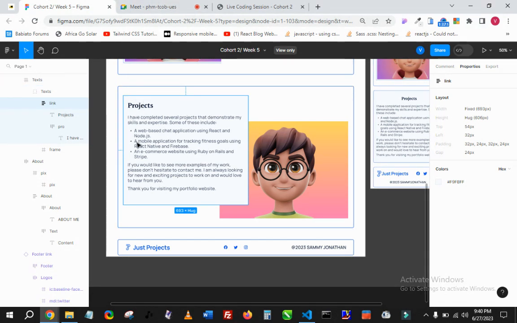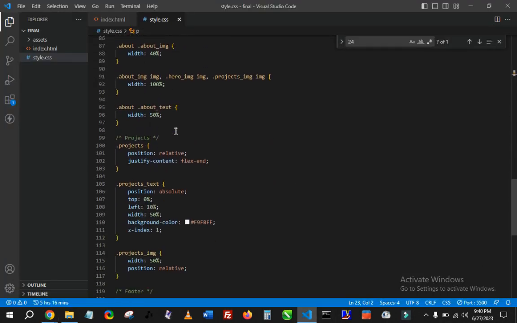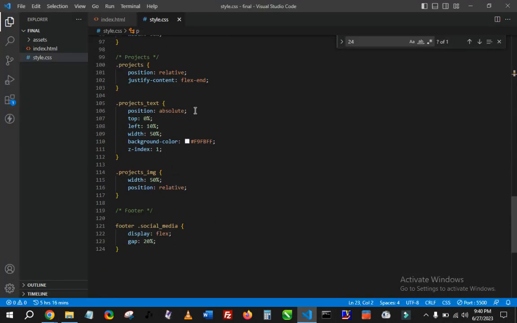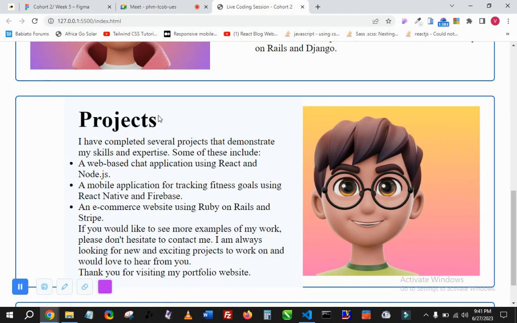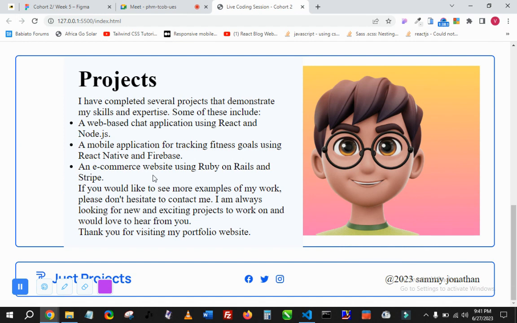Okay. So before we go to this guy, let's just add a padding to this box. Of course, we're just going to do that very quickly. So this is the box. Let's just add a padding of like 2%, 3%. Yeah, just a bit of padding. Okay. All right. So now let's move to